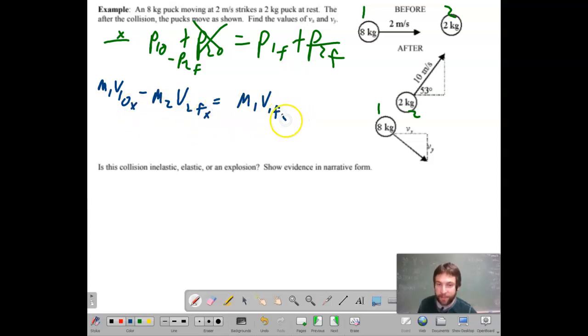I haven't written the x here because I mentioned that we're doing just the x direction first, just the horizontal first. So now I can divide M1 from each side, and I can plug in my numbers and solve for my final velocity for object 1 in the x direction. When I do that, it's 8 times 2 minus 2 times,